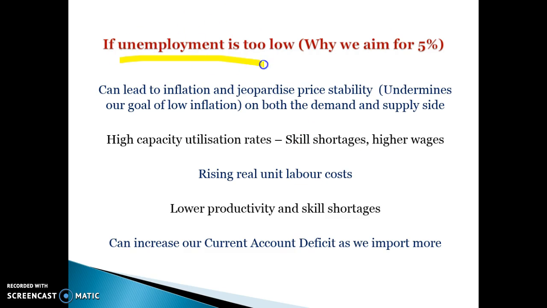Why we don't want unemployment to be too low. Just be mindful that the goal of full employment in Australia is all about having zero cyclical unemployment. So if the rate of natural unemployment is 10%, so if all the other types of unemployment add up to 10%, that would be our goal. We just want to avoid cyclical unemployment. So if there is more natural unemployment in the economy, then our goal of full employment might be even higher.